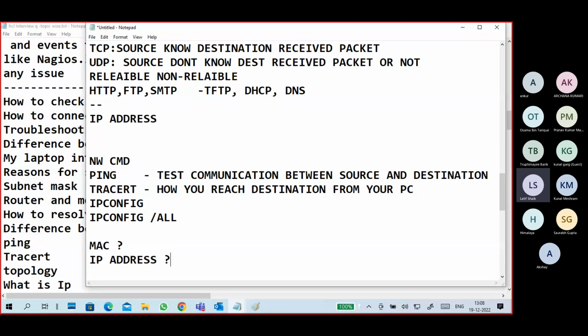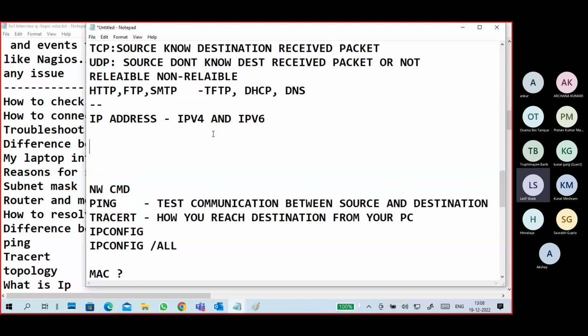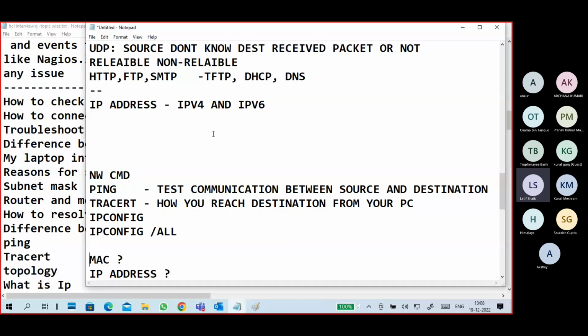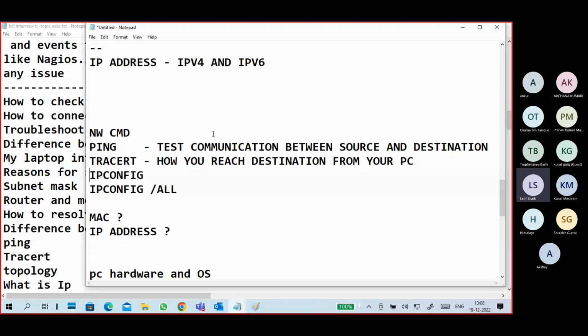IP address, again IPv4 and IPv6. An IP address is assigned by DHCP or manually, but the MAC address is assigned by the manufacturer of the NIC.